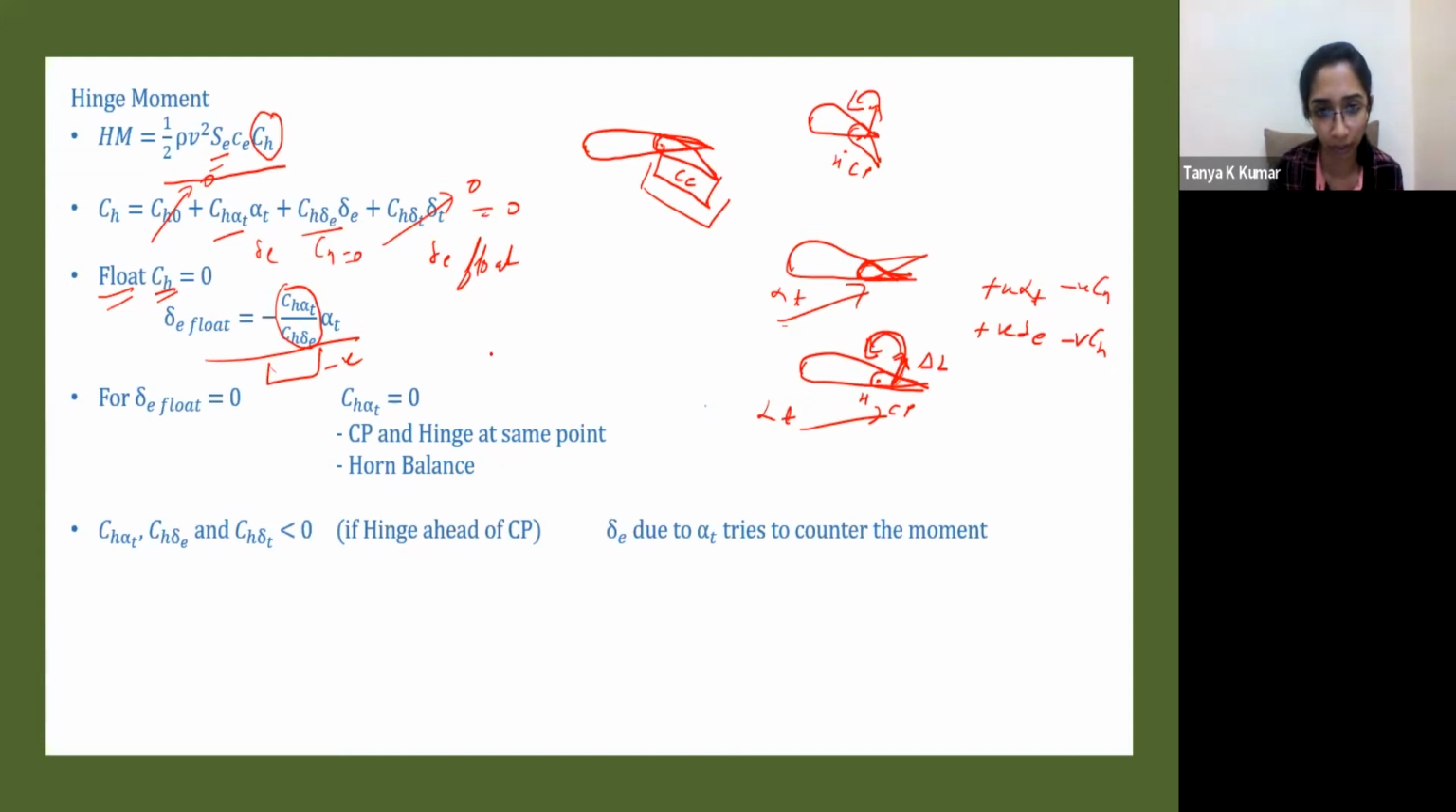So you have your control surface like this. You have your tail like this. And your elevator is this entire thing. So when you deflect this portion down, this area contributes towards